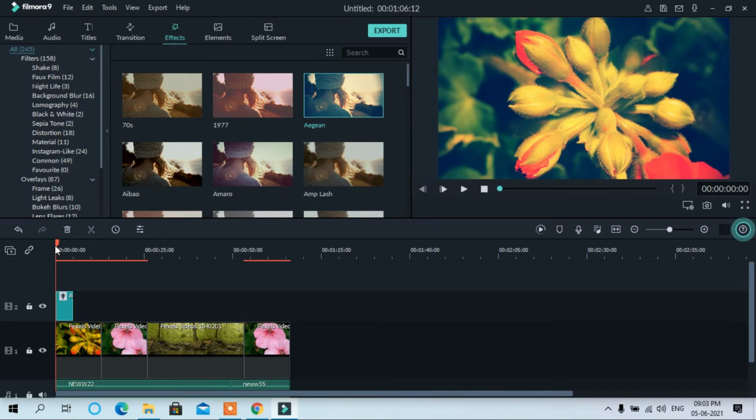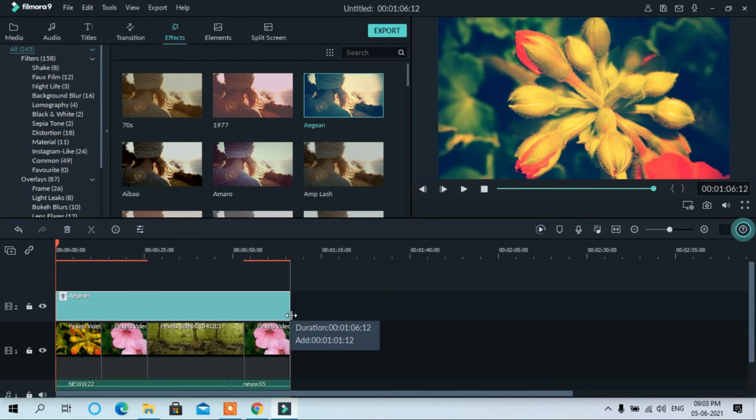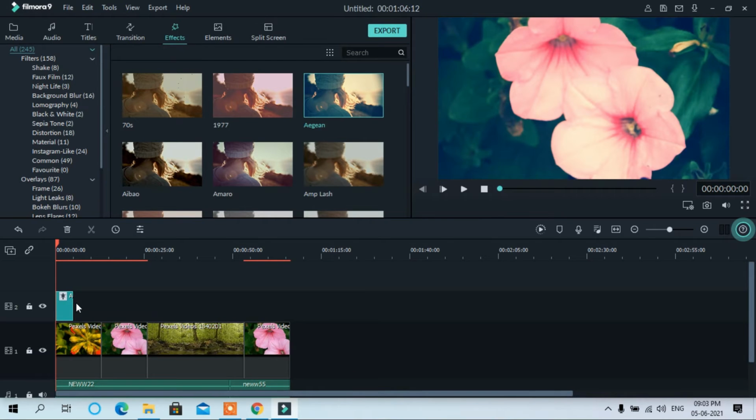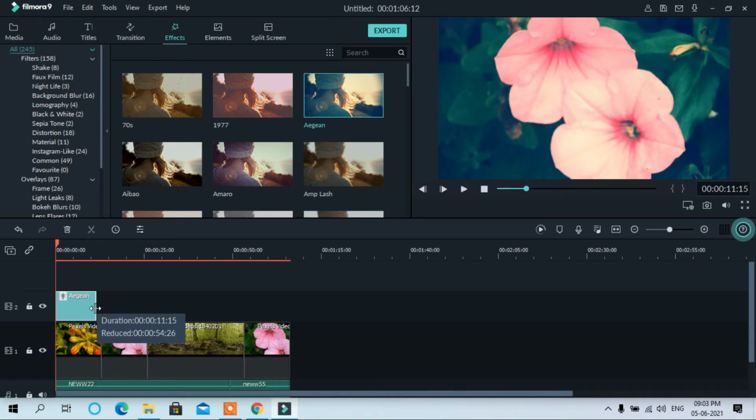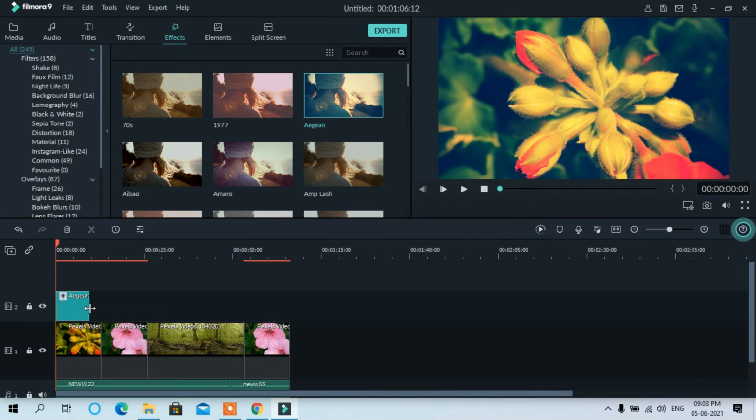You can use this effect on all parts of the video, you have to drag it here just like this, or you can use it on some parts of the clips. For example, I use this effect only for this area.